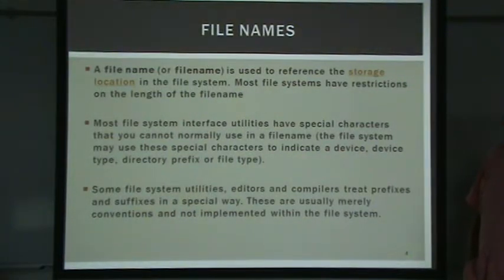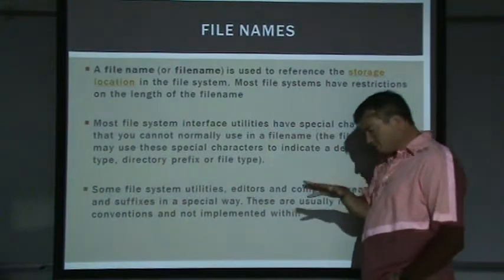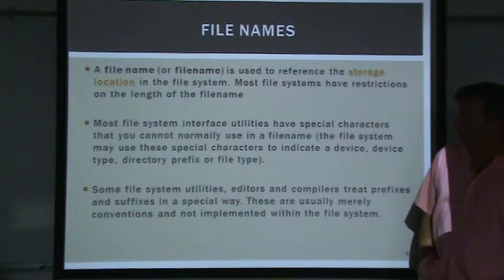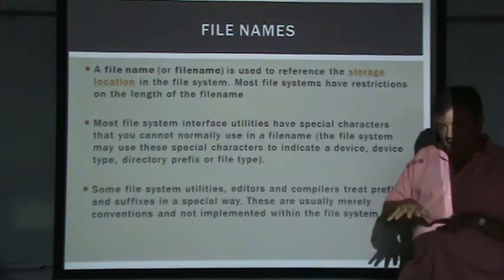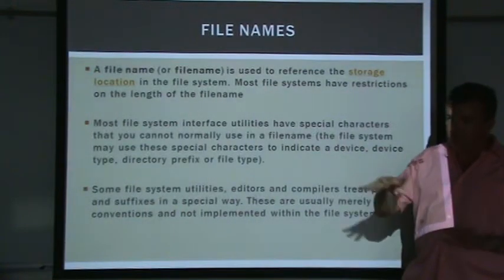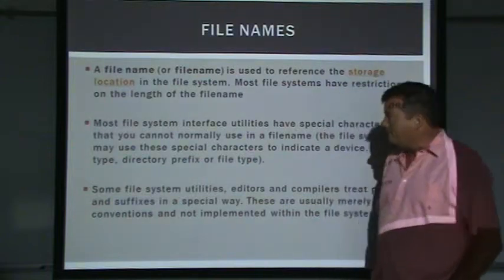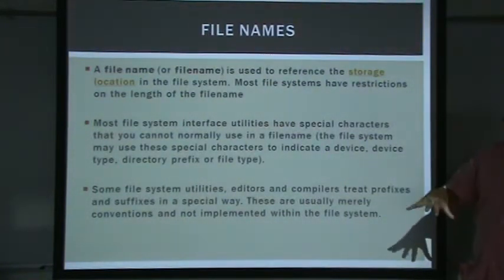Okay, so now to get at a file, the file's going to be stuff that you save. It could be, if it's a Windows operating system, Excel spreadsheets, your resume in a Word document. Different types of files are going to be on the system. You're going to have to go through the operating system to get to the file you want. So the files are going to have names. And the name will be used by the file system to then be able to go out and find its location.